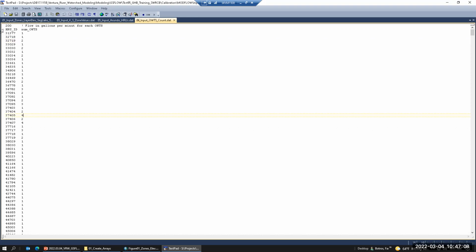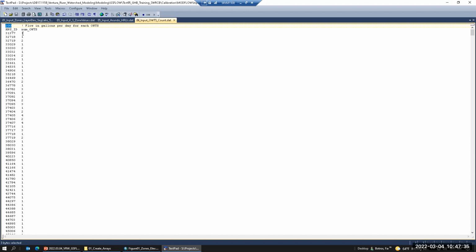And we assume that each ODS count has 200 gallons per day. That's per day, not per minute. So we assume that each ODS has 200 gallons per day, and the model will read in the HRU, the number of ODS counts, and then it will create